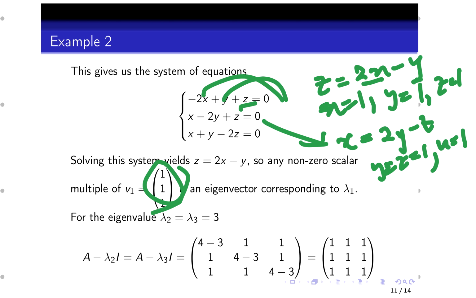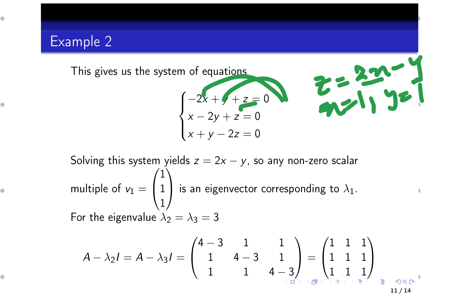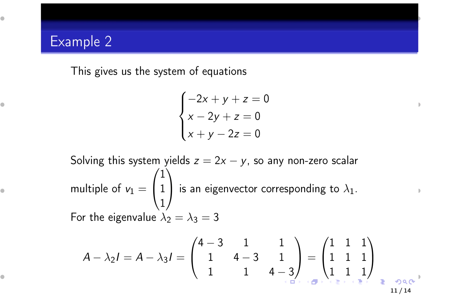So you have to alternate, because there are many options you can have, as you're going to see when we do the other one. So next, we are going to have a repeated eigenvalue, which is lambda 2 equal to lambda 3, and that is actually 3. All right. And so for the eigenvalue lambda 2 equals lambda 3 equals 3,